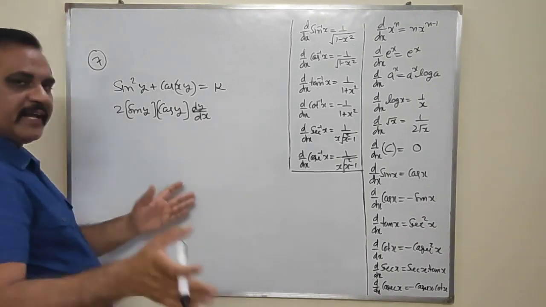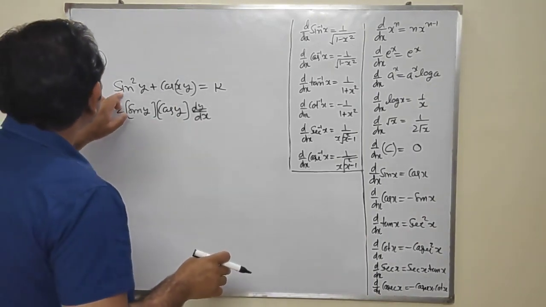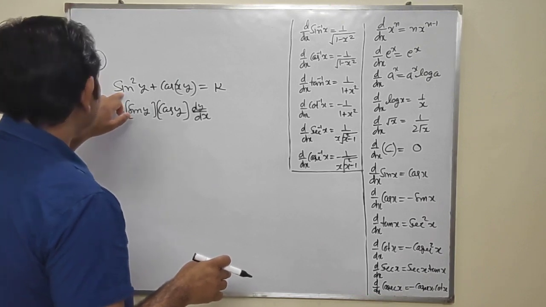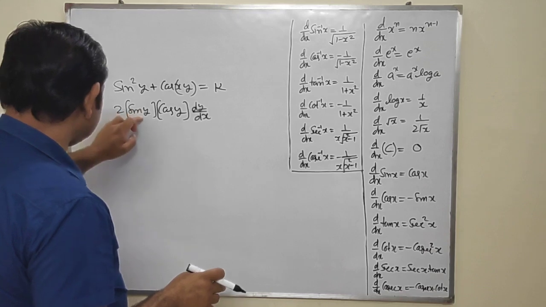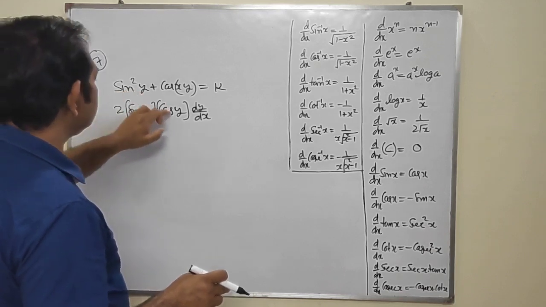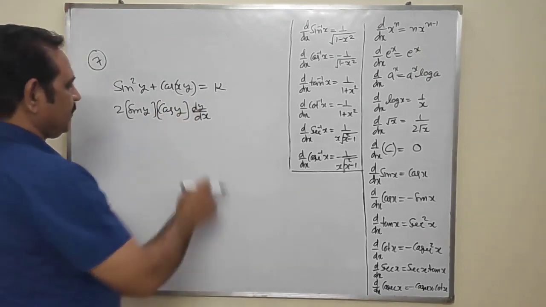Which rule have you applied here? You have applied the chain rule here. First of all, you take the differentiation of power 2, that is 2 sine y, and differentiation of sine y is cos y, and differentiation of y is dy by dx. Similarly,